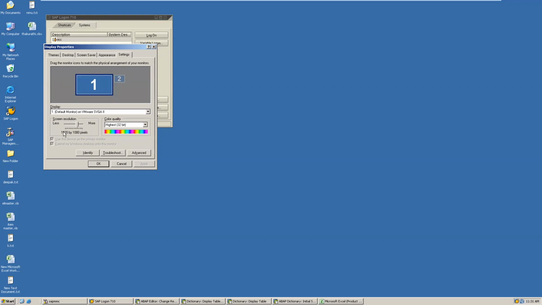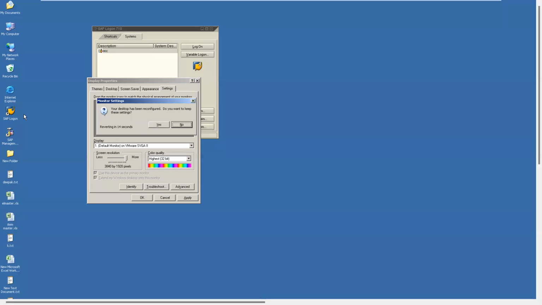Settings. yeah, here. Mm, you have to increase I have increased it till last. less means you have to decrease here.